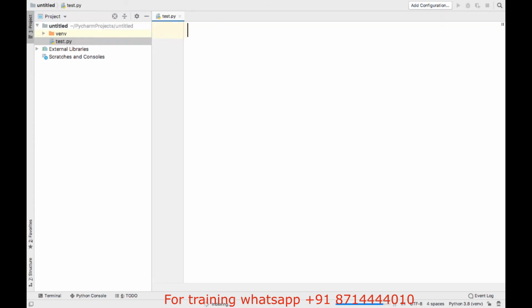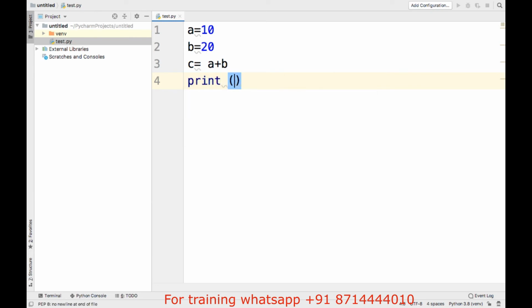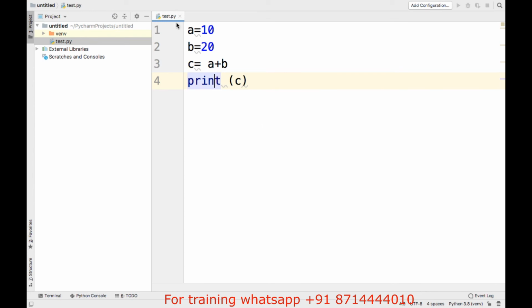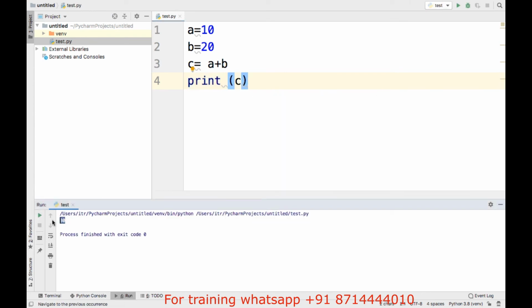Here we can type instructions like a equal to 10, b equal to 20, c equal to a plus b. Print is a function available in Python to print a value to the console. I want to print the value of c. In PyCharm it will automatically save the file. Right click and run test. We can see the output here.